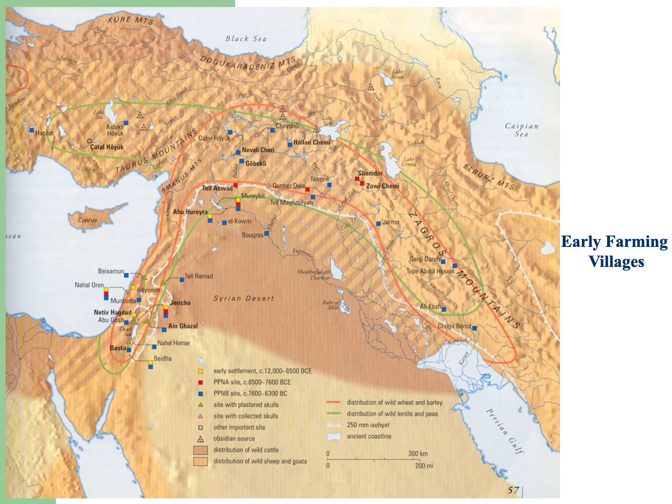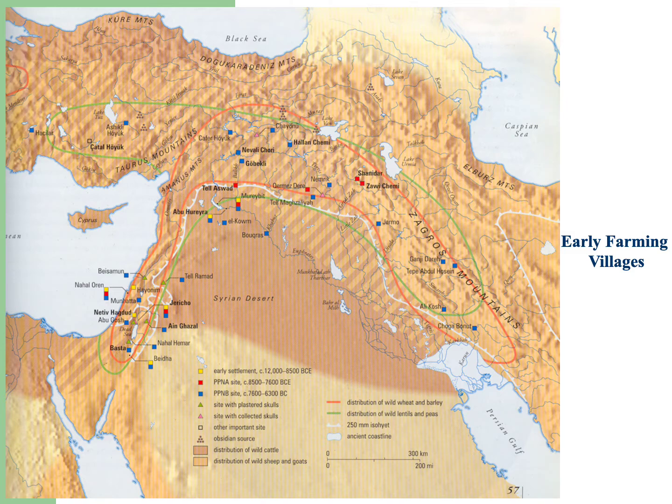Again, back to the map that we've been looking at before. This is a pretty detailed map showing the distribution of the early farming villages at a little bit higher resolution than some of the maps that we looked at before. And you can see the Fertile Crescent from Egypt in the southwest up through southeastern Turkey and on and around through the Zagros Mountains of Iran.